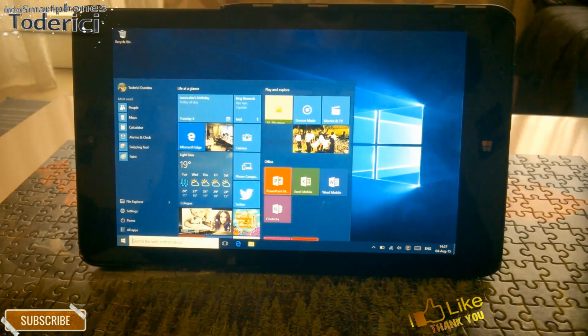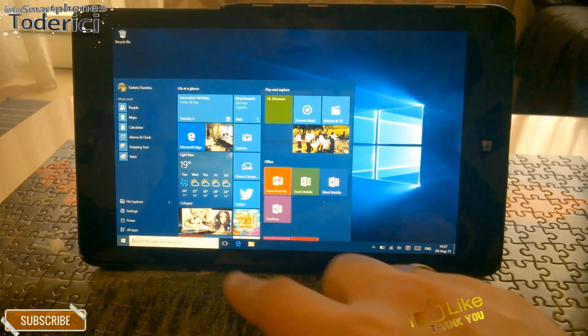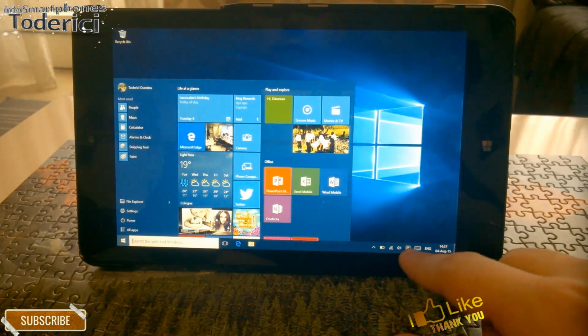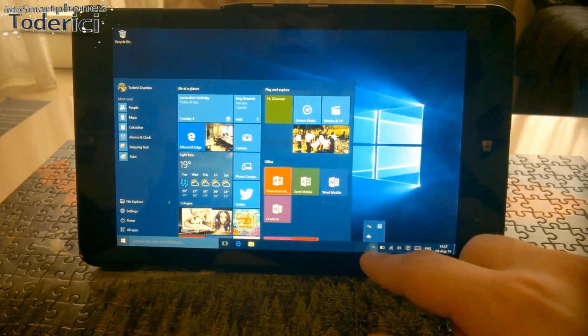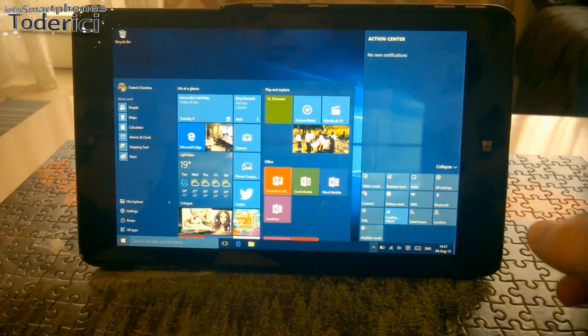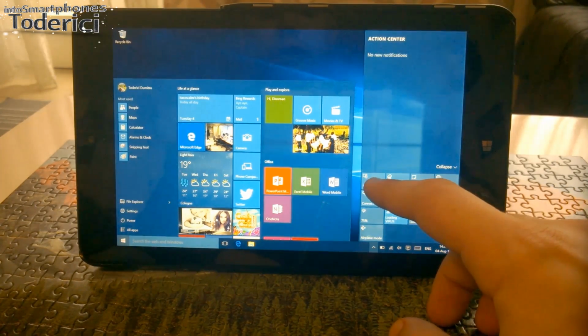Hello guys, so today I'm going to show you how Windows 10 works on a tablet, in this case on an 8-inch tablet. I'm using the Lenovo ThinkPad 8 right now, and I'm in desktop mode. You can see down here I have my icons and my notification icons, and if I swipe right and turn on the tablet mode,